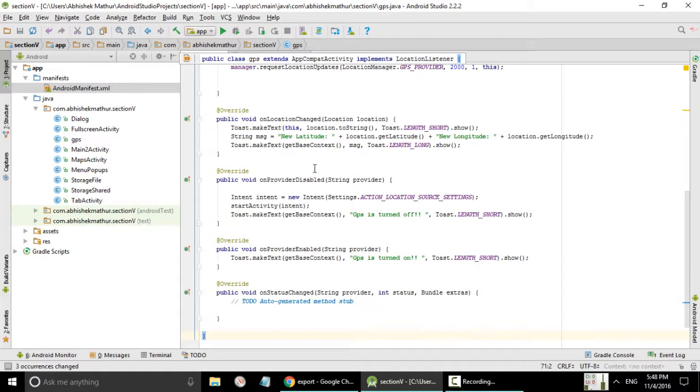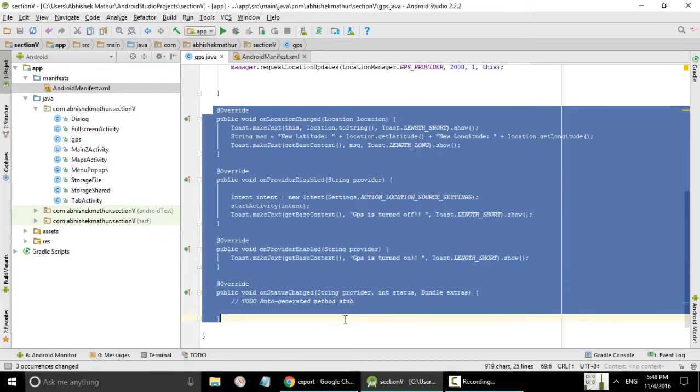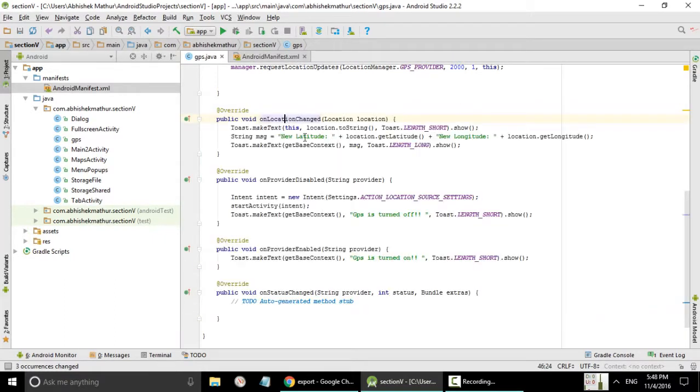You must also override and implement these four basic methods. First is the onLocationChanged method, which is run by the location manager every time the location is changed. And there's the onProviderDisabled method. Every time the user disables a particular provider like the GPS provider or the network provider, this function is invoked with the string provider. Similarly onLocationChanged will give you a location passed as an argument, and you can use the getLatitude and getLongitude methods to get them accordingly. You may also use the onProviderEnabled and onStatusChanged methods to handle situations accordingly.